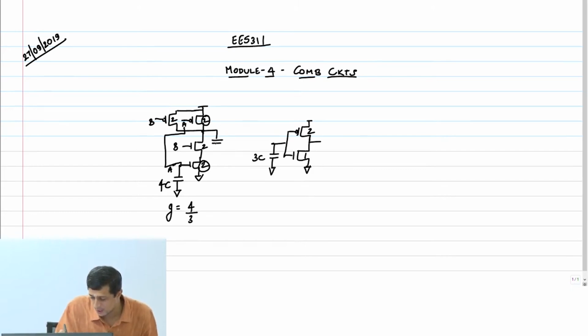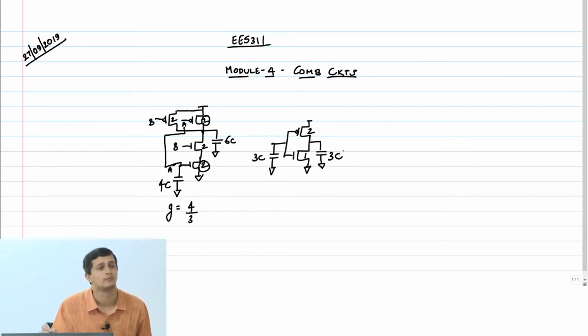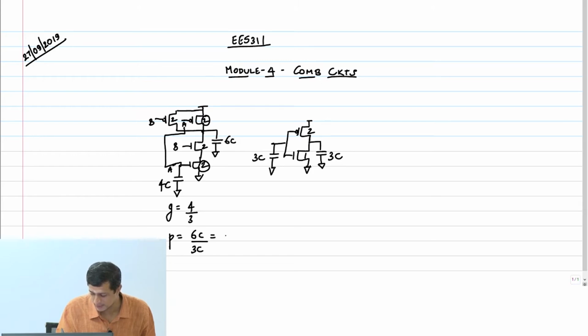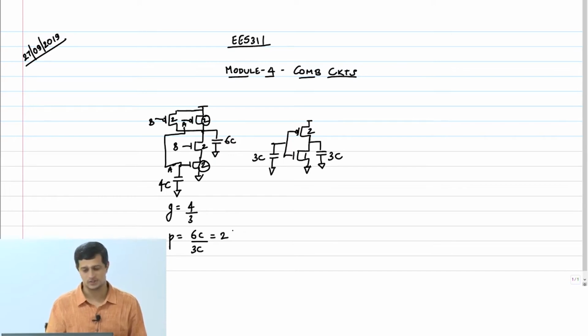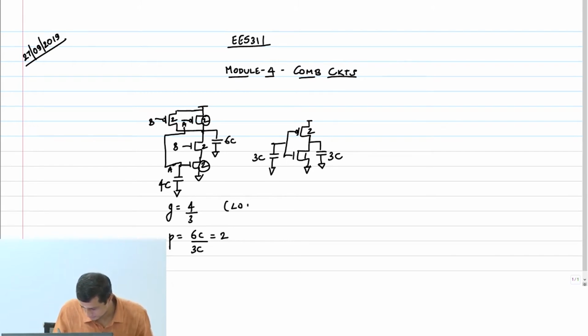What about the parasitic effort or the parasitic delay? Right? If you look at the output capacitance here, diffusion capacitance, it is 6C and here it is 3C. Therefore, P is going to be 6C by 3C, that is equal to 2. Logical effort we denote by G, parasitic effort we are going to denote by P. The parasitic delay, normalized parasitic delay, we also call parasitic effort, P. Okay? This is logical effort